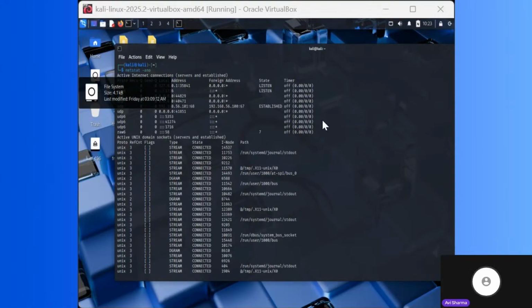Please zoom the window. Explain four-way handshake. Okay. Let's go for four-way handshake. Let me just pull up the image.